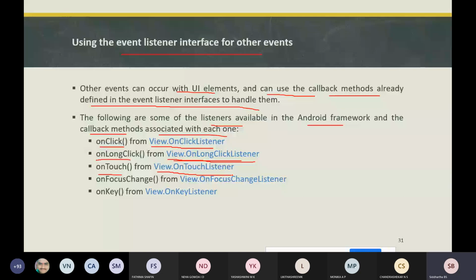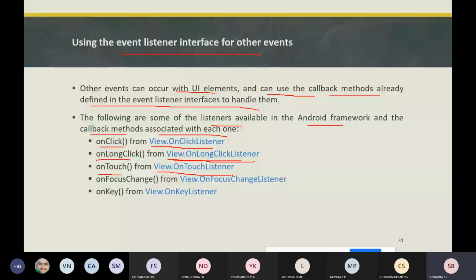If you perform multiple touches, or have gesture motions, including press, release, or any movement gestures on the screen, then in these scenarios this on touch method can be used. In this method, a MotionEvent is passed as an argument, and it includes directional information.